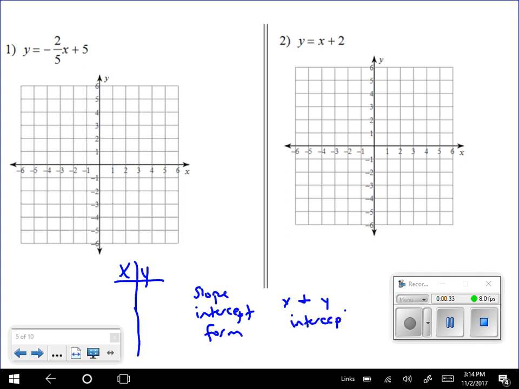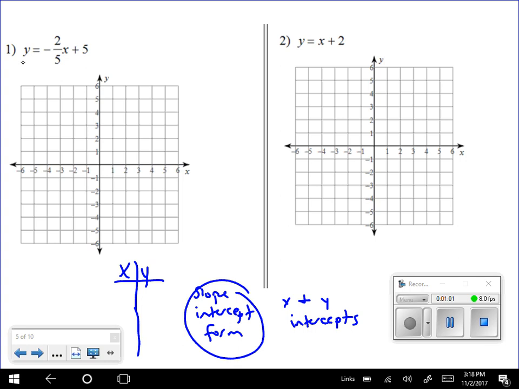Now, x and y intercepts might not always work, but slope-intercept form will always work, and if you plug in some x values, you'll always get some y values. So really you can use any way. I'll mix it up, I'll vary it up, I'll show you a few different ways. That way you can see a few different ways. So if we look at this first one, I'm going to use slope-intercept form on this one,